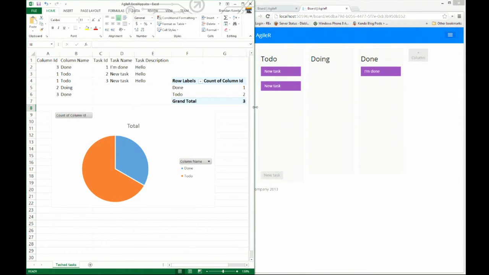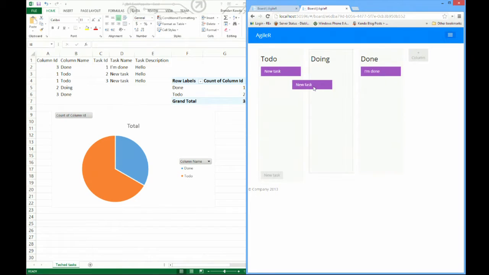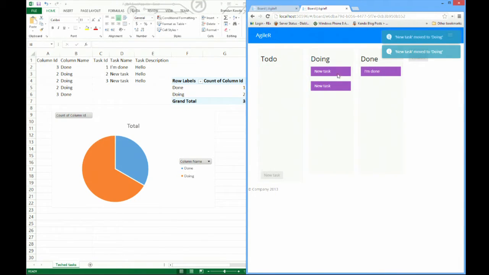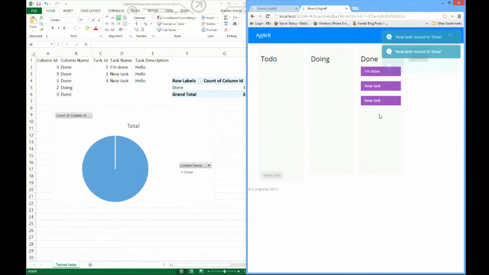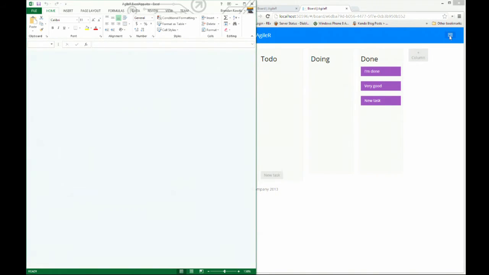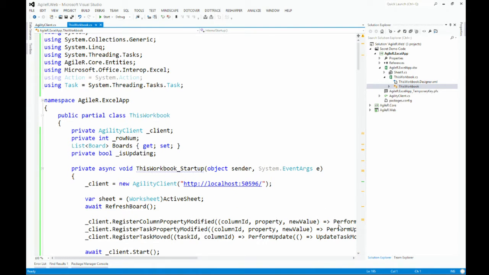But because we're using SignalR, right, so I've got a very large team behind this, and when they drag their tasks across, it's going to update my pie chart in real time, right? Manager of the year, I can see it now, yeah. 100% done, yeah. Right, very good. So yeah, if that's not a pathway to management, I don't know what is. Cool, there we go, into a rich client app. Cool, let's switch back over.